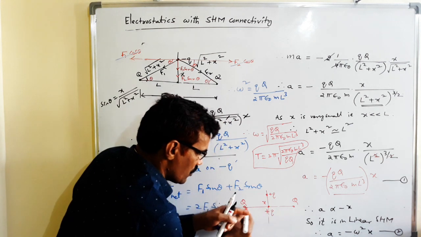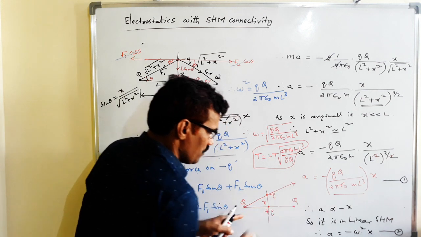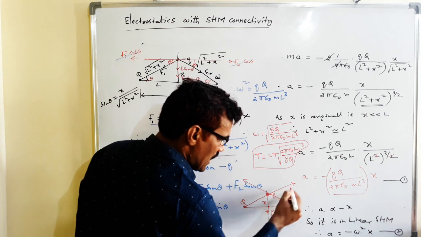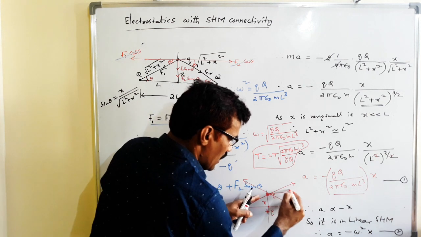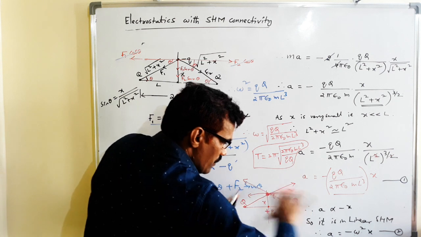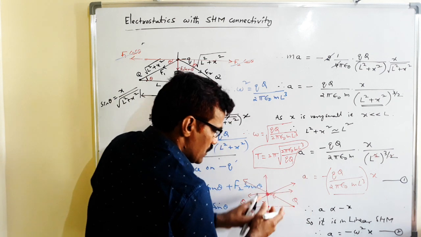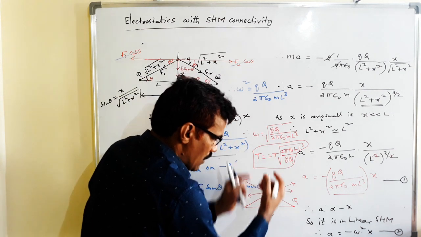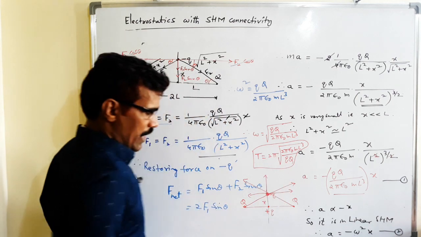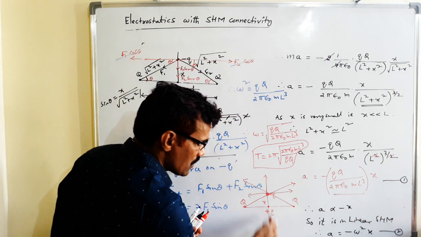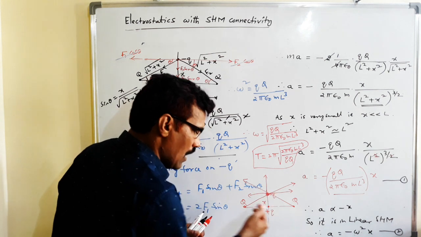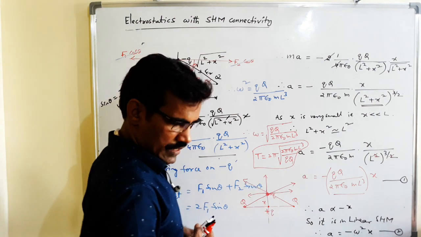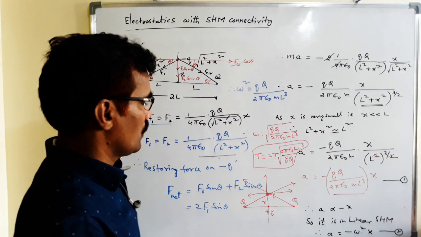The force acting on Q due to this one, this side, and due to this one, this side, can be resolved into two rectangular components. That's why this will be cancelled with each other. Only this force is there. This force brings it away from the midpoint. Never does it come back to the midpoint. If it is positive and displaced slightly, lateral displacement or perpendicular direction, it is never executing SHM if it is positive. So write down, students.